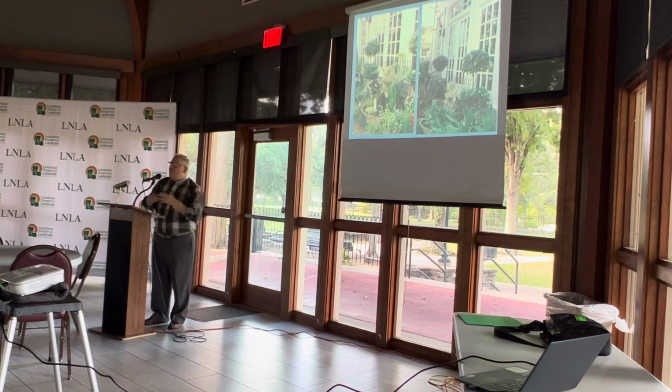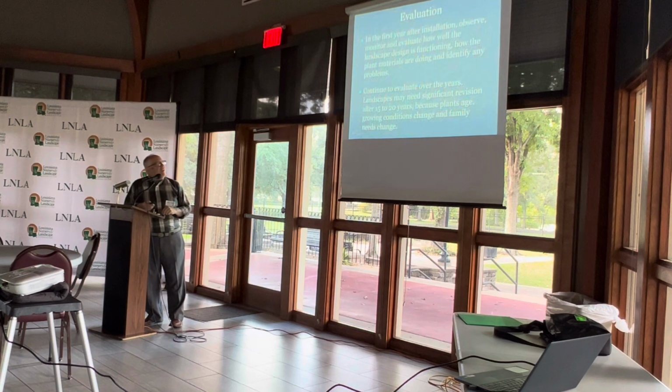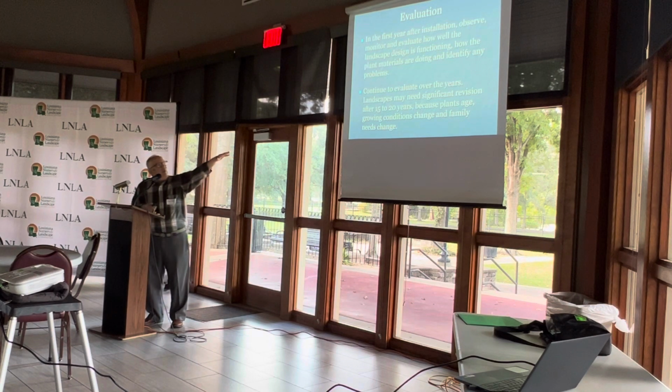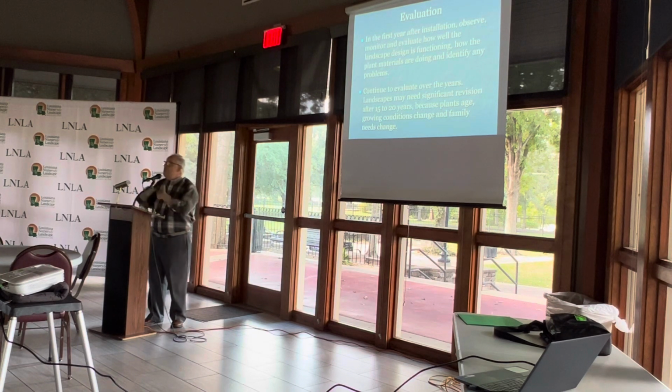Again, wrought iron was part of the original architecture across the front of that house. It was a wrought iron fence, and that's where that wrought iron comes from. It's echoing what you would see in the front of the house. And then you evaluate, see how it all works out. Homeowners need to reevaluate their landscapes about every 15 to 20 years because they oftentimes need to be reworked and